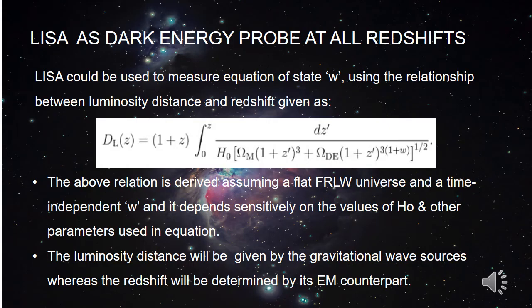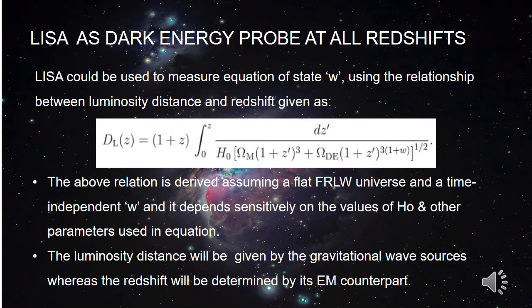LISA as dark energy probe at all redshifts. An important problem in present-day cosmology is the nature of dark energy. Dark energy is characterized by the parameter w, known as the equation of state. LISA could play a vital role in investigating the physical origin of dark energy by treating gravitational wave sources as standard sirens. LISA could be used to measure the equation of state w using the relationship between luminosity distance and redshift,